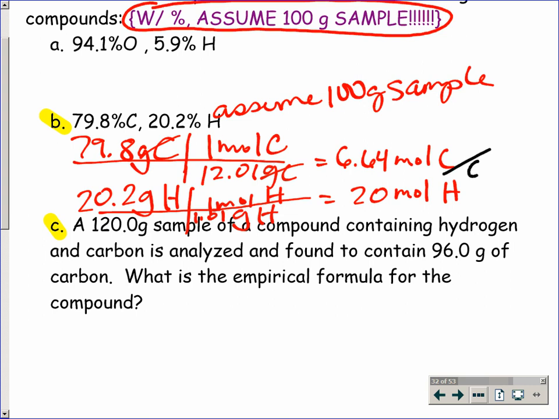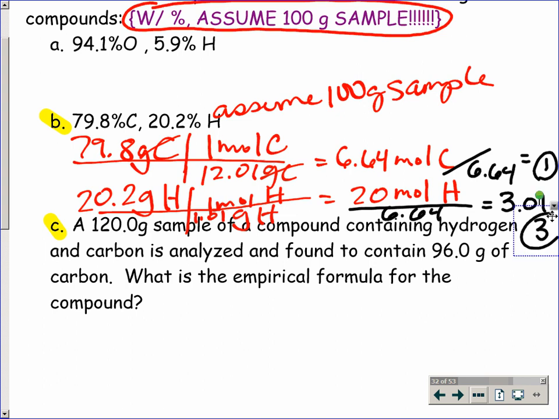Carbon, right? So 6.64 divided by 6.64, what's that? 1, right? That one's easy. It's the same number. And what's 20 divided by 6.64? You have to give me approximate. Like, what is it? 3.01? Is that what you said? Yeah, 3.01. Is that roundable? Totally. It's super close to what? 3. So I'm going to put 3 here and circle it so I know that I've rounded that 3.01 down